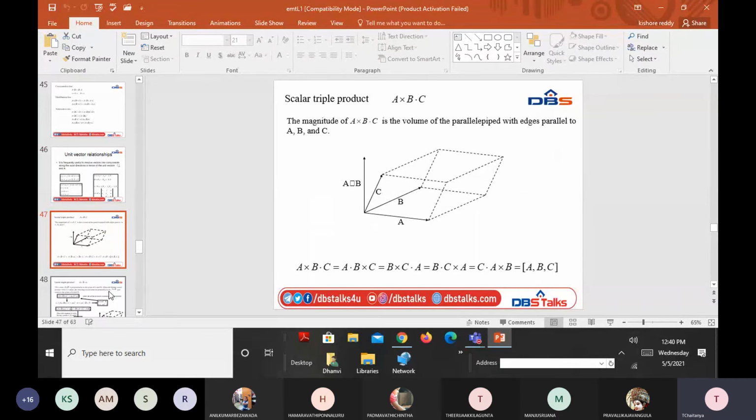See, this is the diagrammatical representation of the scalar triple product. Let us consider A vector, B vector, and C vector. This is the A dot B, and this is the structure of the three-dimensional view. When you go for A dot B cross C, or B cross C dot A, the triple product is just formulas.